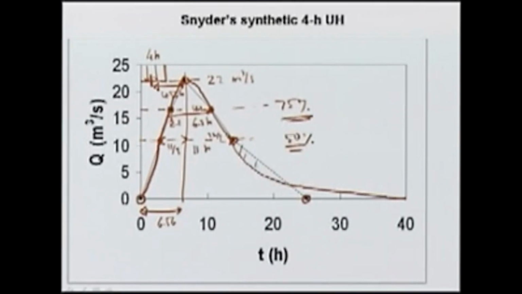So, whatever area we have excluded here can be included here and so on. So, we can get a smooth curve based on neighboring catchment, a similar catchment, and we can obtain this synthetic unit hydrograph. So, the synthetic unit hydrograph can be derived for a catchment for which we have geometric or geomorphological data available,